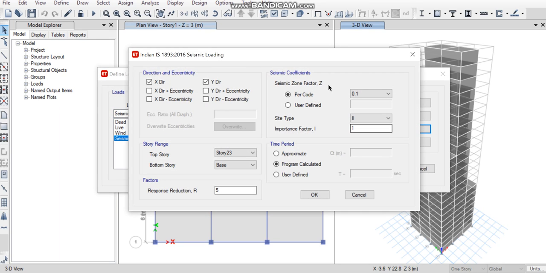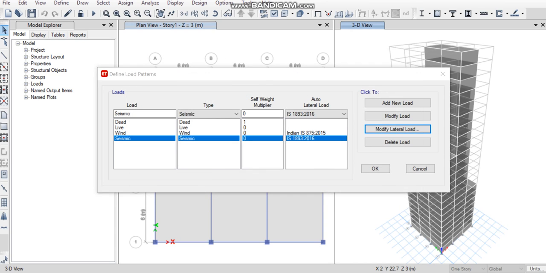Check once whether the values are correct. Here we only give X direction and click on OK.